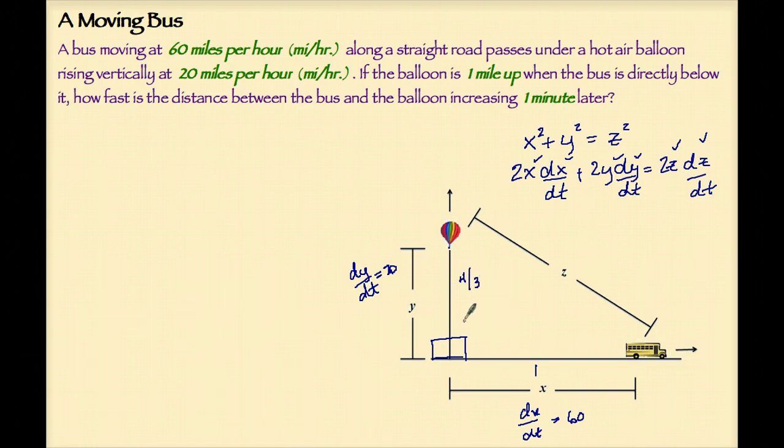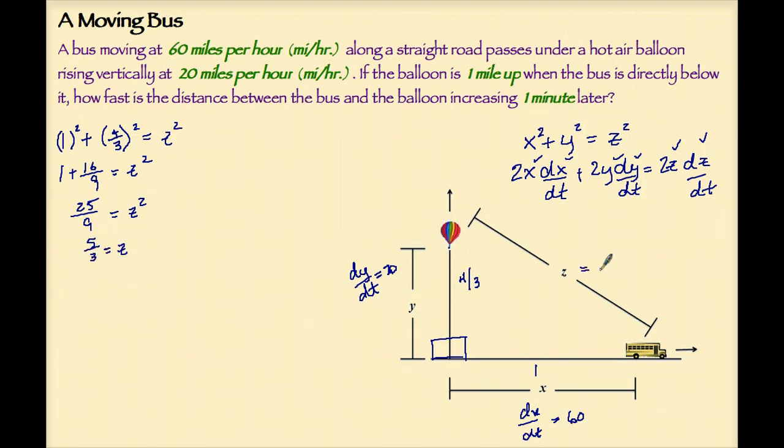4/3 of a mile. We're still going to need to know what z is, so let's use the Pythagorean theorem to solve for it. x squared, which is 1, plus y squared, which is (4/3) squared, equals z squared. 1 plus 16/9 equals z squared. 25/9 equals z squared, which means 5/3 is z. Now we have all of the quantities we need to be able to solve for our unknown. Let's plug them into the equation